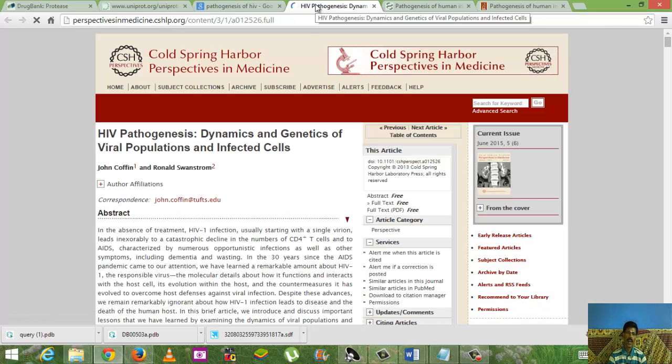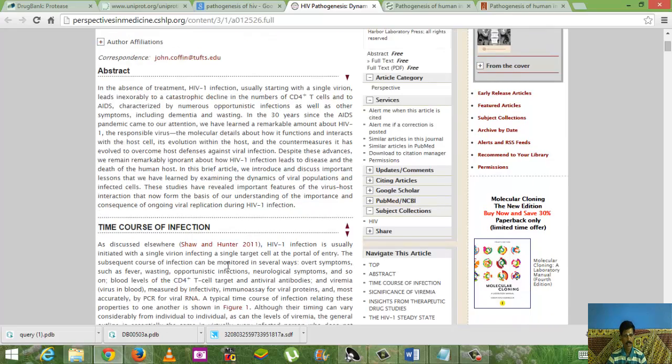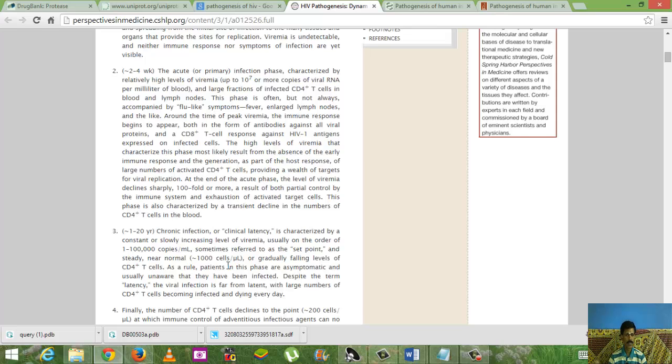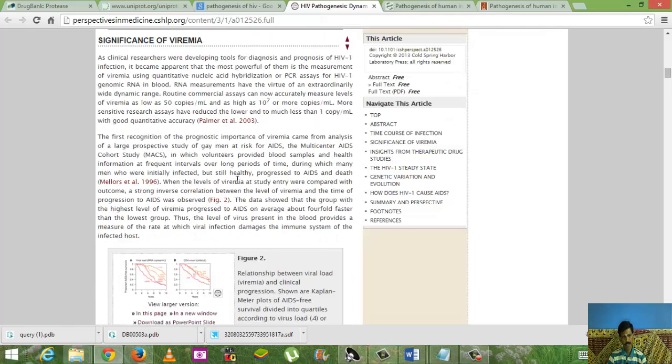So we have to identify, that is, we selected the target as HIV protease, and we have to identify whether this protease undergoes any mutations, any change in this. If HIV allows more mutation in this particular region, then you may not choose this particular gene as your target, because if HIV keeps on changing the protein sequence of protease, what is the use of using it as a target? So you have to validate your target again by searching the databases, and this file actually indicates